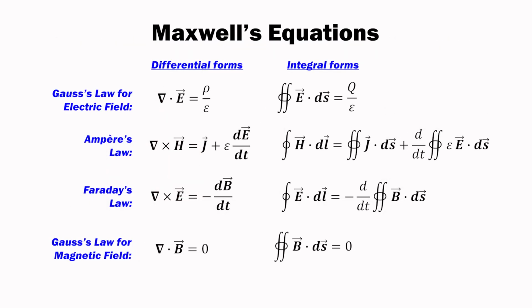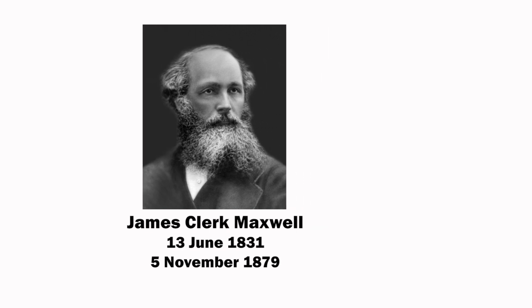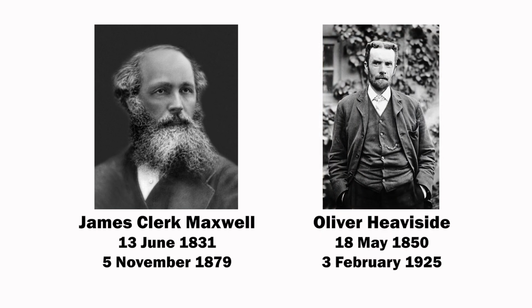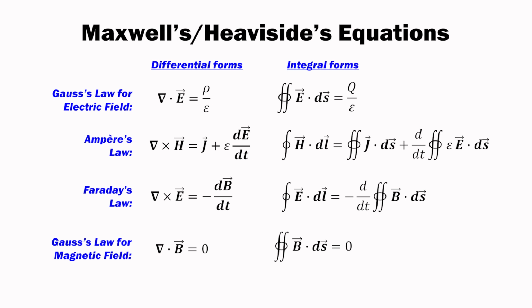Gauss's law, Ampere's law, and Faraday's law are the first 3 of the 4 equations that have come to be known as Maxwell's equations, named for James Clerk Maxwell. For historical context, it must be noted that when Maxwell published a treatise on electricity and magnetism in 1873, he included over 20 equations. Some years later, Oliver Heaviside studied Maxwell's work and synthesized these equations into this set of 4 that we know, love, and use to this day. Thus, it is more accurate to call these Heaviside's equations, though there is no question that much of the foundations were laid by Maxwell.